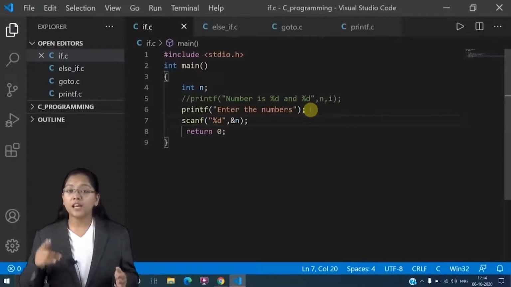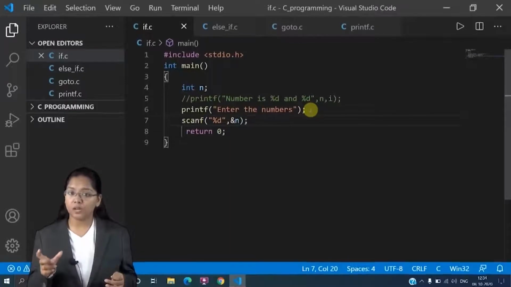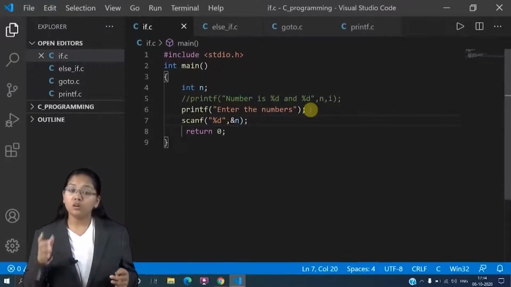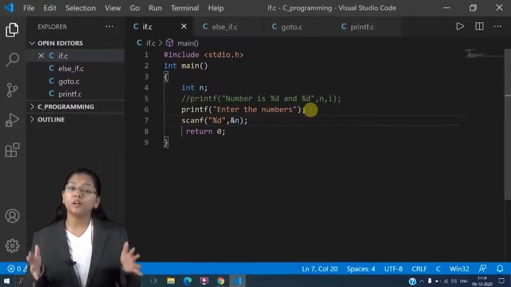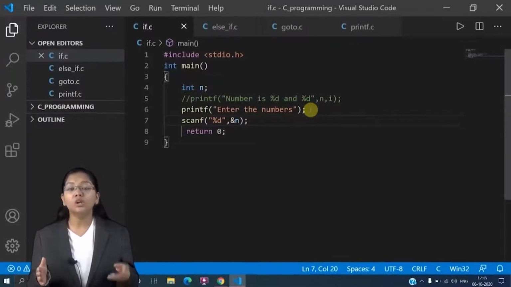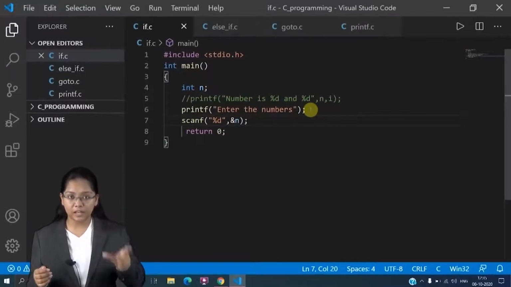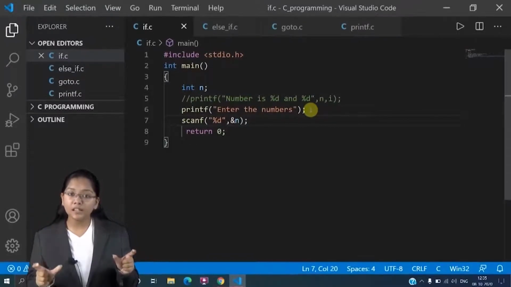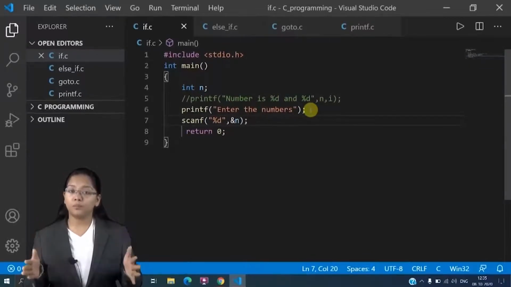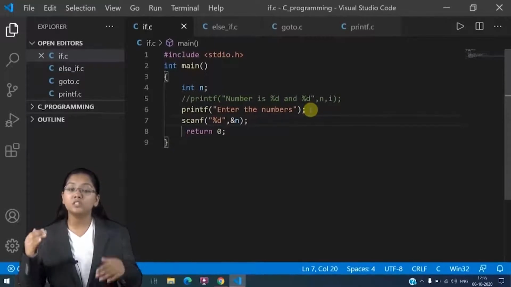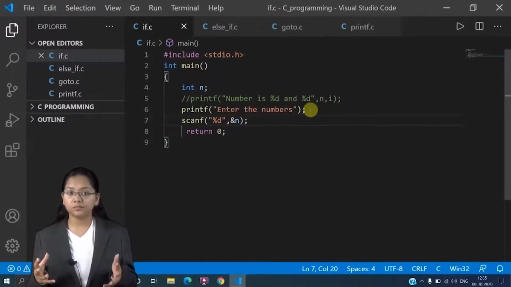And hence there I have specified %d, that is the integer format specifier, right? So again, if you want a scanf statement, you will first specify the format specifier, then you will assign the value to the particular variable. So this is how you can play with your printf and scanf. This is how these functions work.